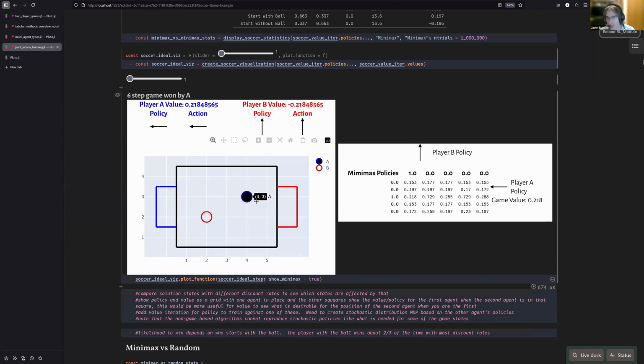So here I'm displaying the game where the filled-in circle is the agent that currently has the ball. When the agents move, they just carry the ball with them. On each turn, both players simultaneously select an action, and normally that just means they move to their desired position on the field. If an agent with the ball moves into their corresponding goal, then they get a reward of 1, and then